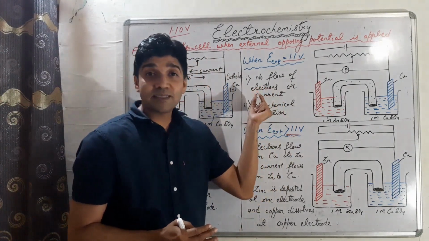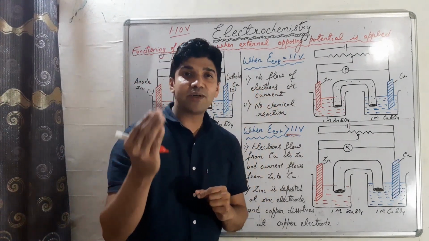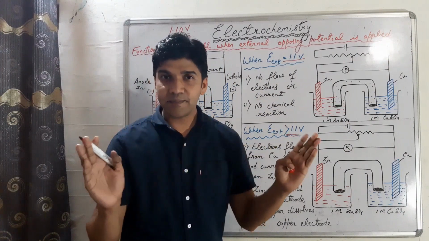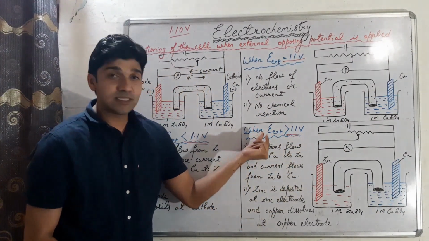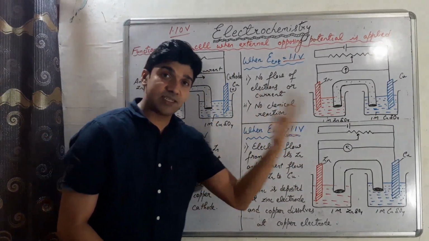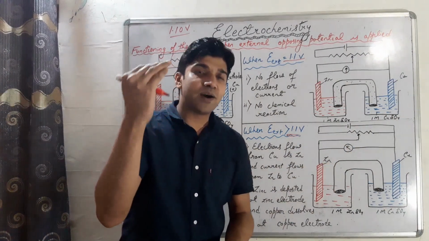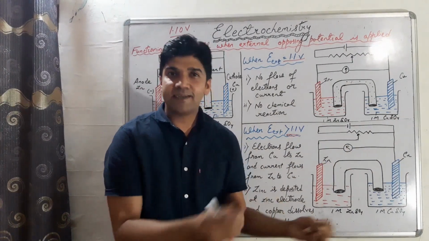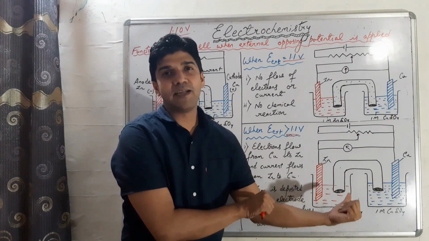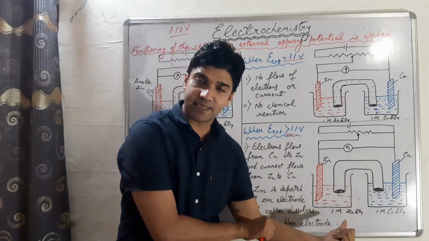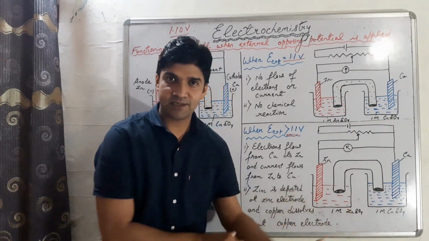When the cell potential is equal to 1.1 volt, cell will stop working. And when the potential जब अप्लाई कर रहे हैं एक्सटर्नल से, it is more than 1.1 volt, then the cell will behave like electrolytic cell, ठीक है।